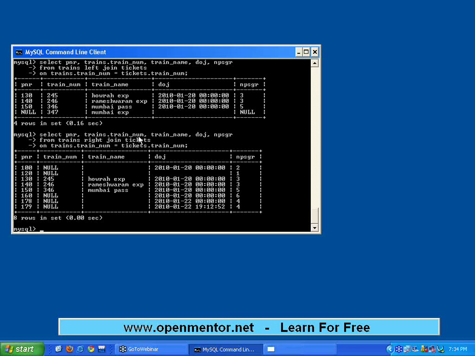This time right hand side table is what? Tickets. On the tickets table, extra PNR numbers are there for which train number does not exist. Right? In left join I have shown there is a train number that exists for which PNR doesn't exist. Whereas in the right join there is a PNR exists for which the train doesn't exist.